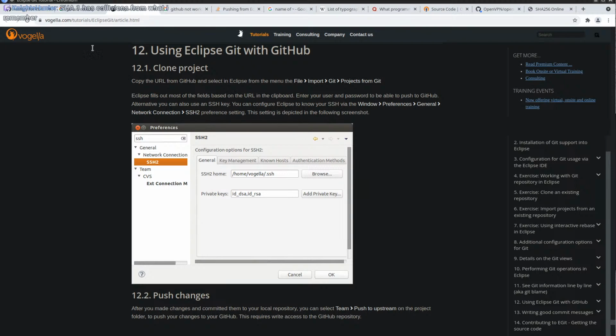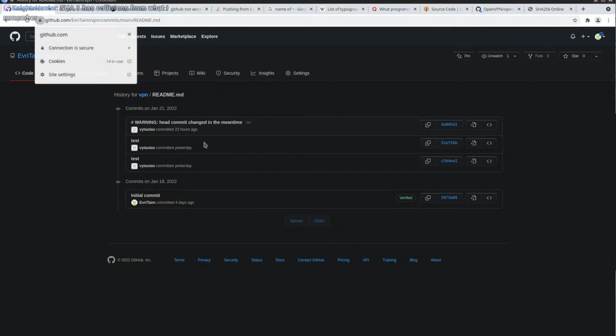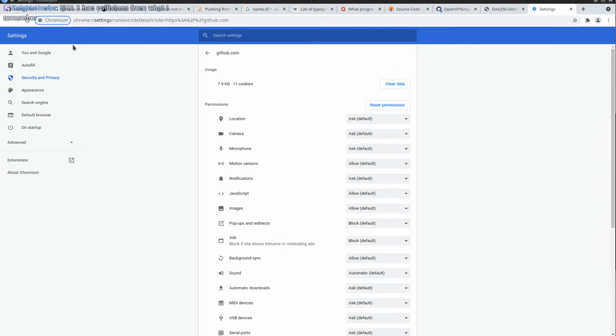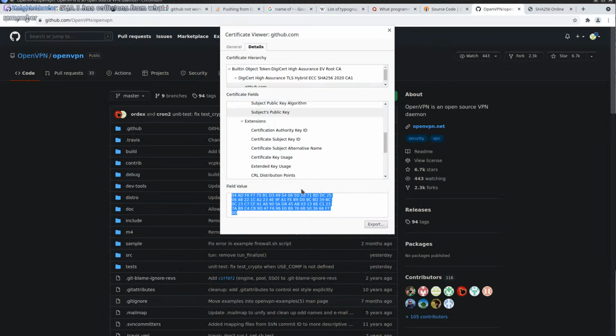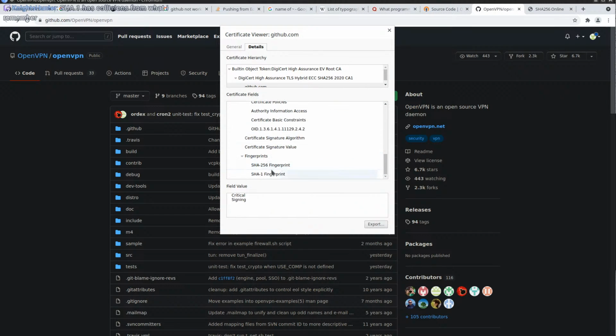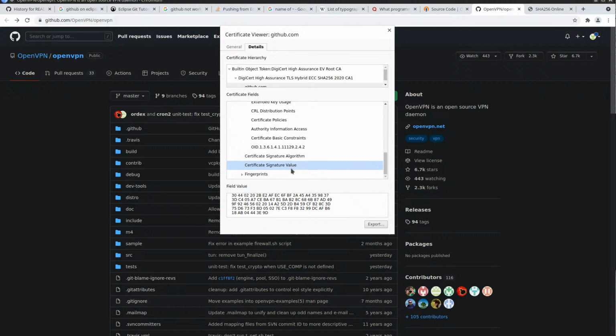So that's the point of having fingerprints. I'm not sure how useful it actually is. I don't remember using these at all. But that's what they could be used for.